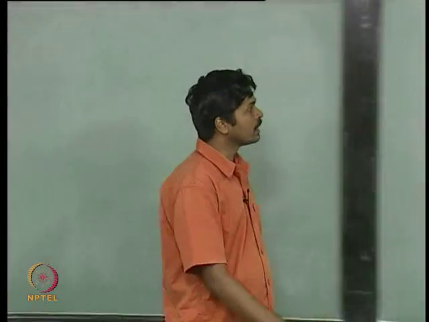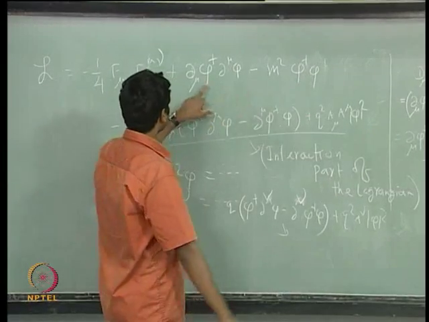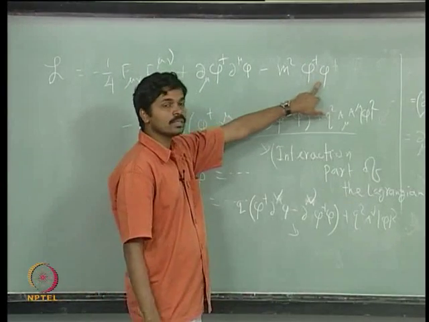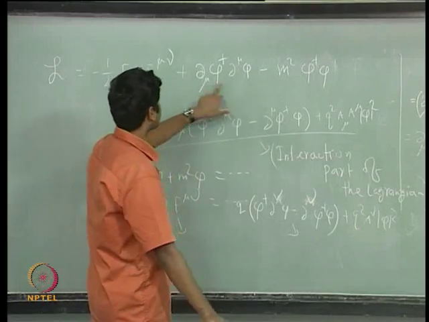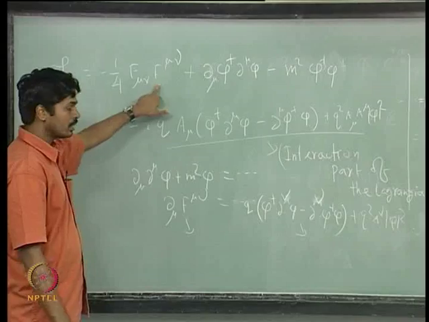Here you can see all these free parts are quadratic in the fields and their derivatives. This is quadratic in phi dagger phi, this is quadratic in the derivatives of phi, and this term here F